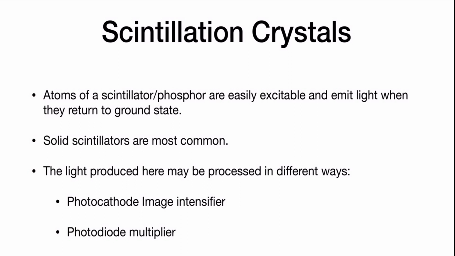Okay, so that's the basic idea, that the atoms of this scintillating crystal are easily excitable, and when they de-excite, that is, they return to their ground state, they will emit light. And of course, the most common kind are the solid types of scintillators. How we classify scintillators depends on what we do with the light. Sometimes the light produced by a scintillator is sent to what is known as an image intensifier. That would be used for a different application. And sometimes the light produced is used for a photomultiplier, which will also have its own advantages and applications. So let's consider the light produced by a scintillating crystal when it's